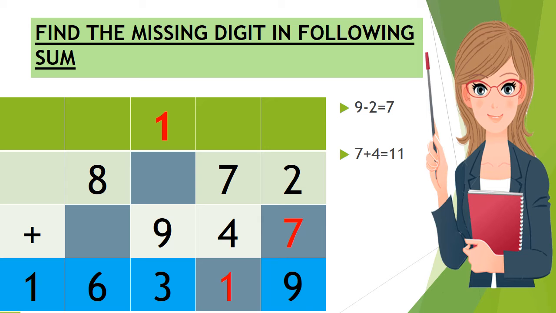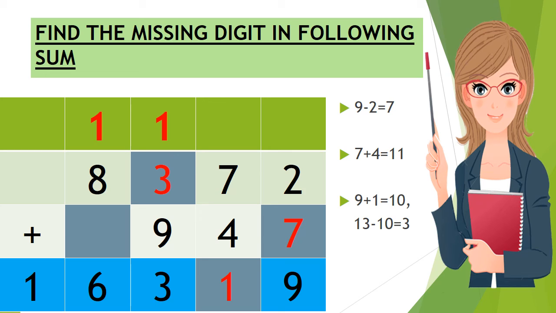9 plus 1, we always add the carryover also, is equal to 10. But one number is missing. We have to add one more digit to that. After adding we are getting something which ends with 3. So it is not 3, because by adding 9 and 1 we are already getting 10. 10 is greater than 3, so it must be 13. From 13 when we subtract 10 we will get the answer 3. That will come in the blank column. You have to write that in the blank column and 1 will go as carryover.